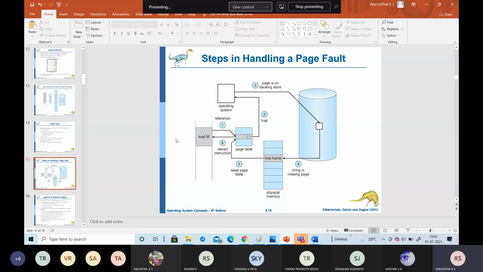This is the important question: if we face a page fault, there are 6 different steps to handle the page fault.